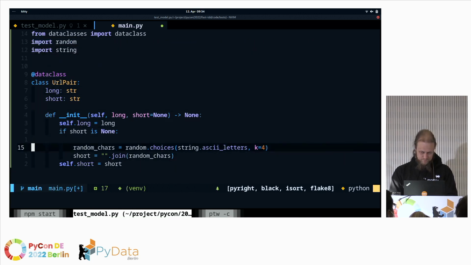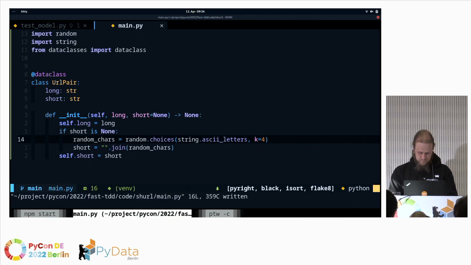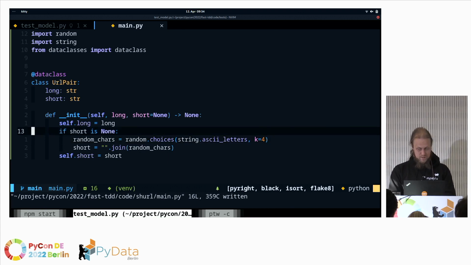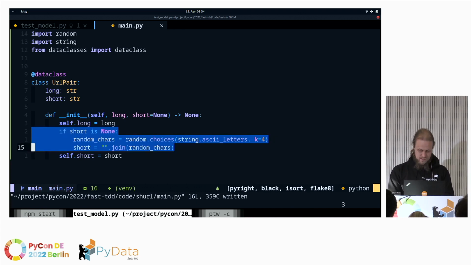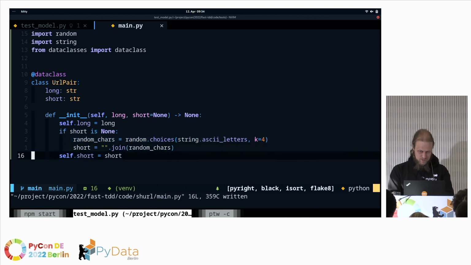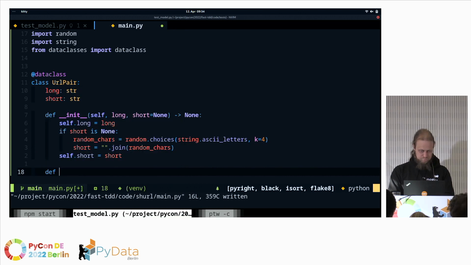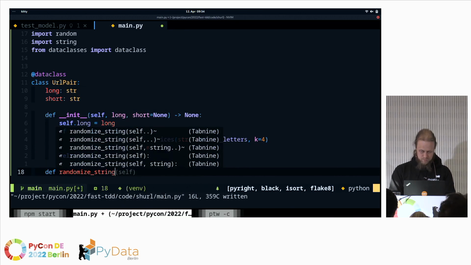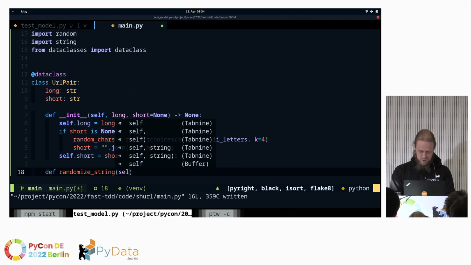imports to the top. Easy. No bell in my lower tab of the PyTest Watcher, which is awesome. Then, of course, having this in here is not nice. So what we want is some kind of randomize string. Let's call it like this. Yeah, make it a